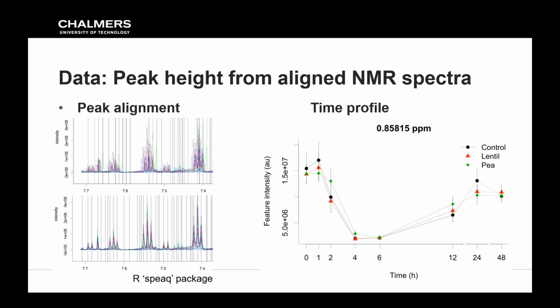So we borrowed the pipeline from our targeted workflow, where we normally use LCMS to work with features. We took the raw data, aligned it in R using the now famous Speak package, found the peaks, and extracted those peak heights as a proxy for feature intensity. We were facing something like 1,500 features in the urine data, and in the serum data about 500 features.